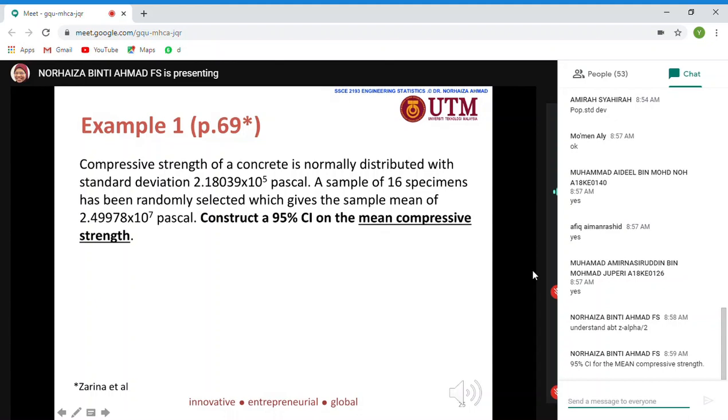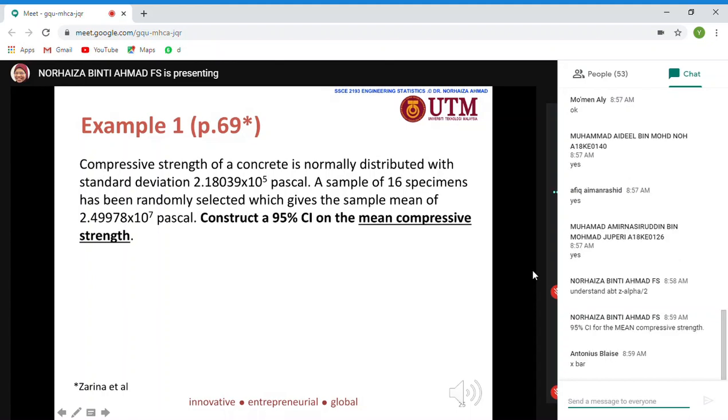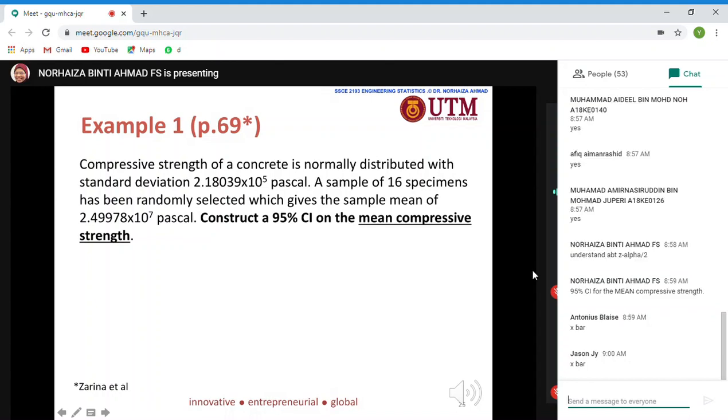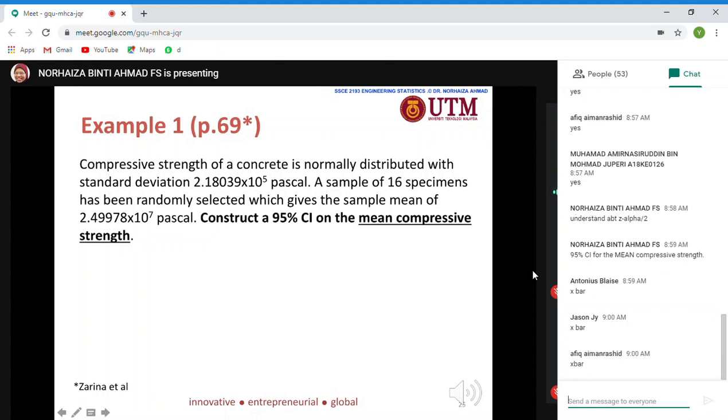What is the symbol for the mean? So what is it exactly that you want to find here? So i.e. the 95% confidence interval for the